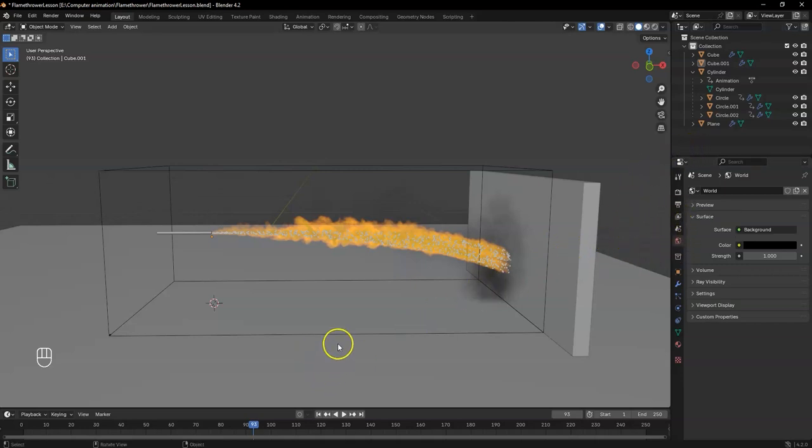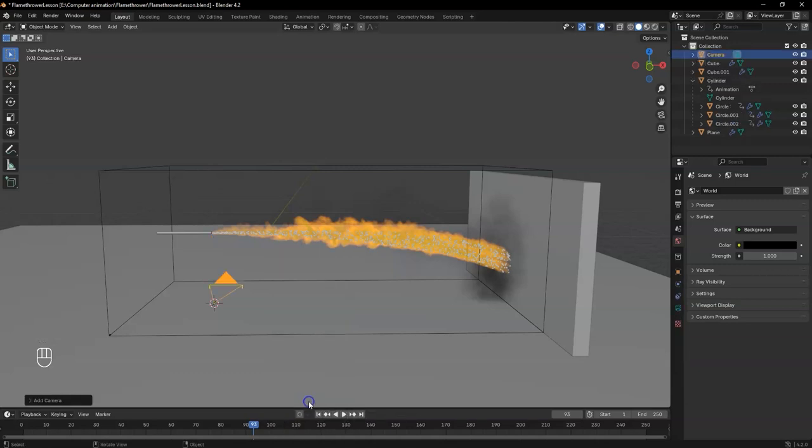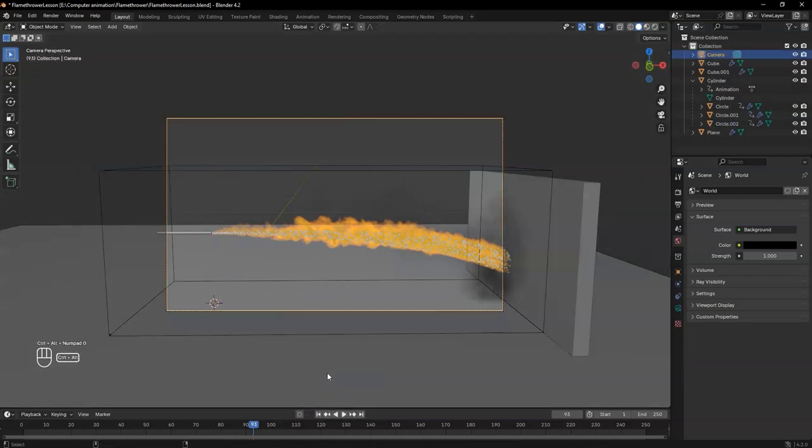I guess maybe it would help if I had a camera in there. I think I deleted it before, so let me add the camera in there. Unbelievable. Alright, there we go. Now Control Alt numpad 0. That's what I wanted. Okay, so I'm going to hit G and then